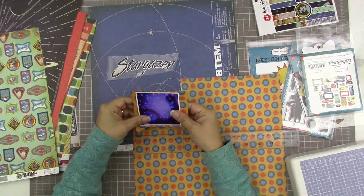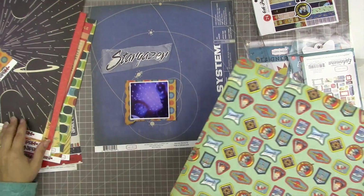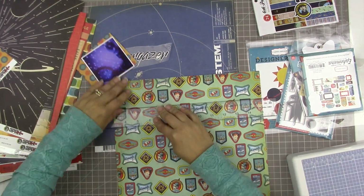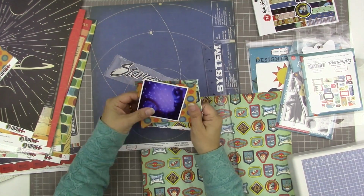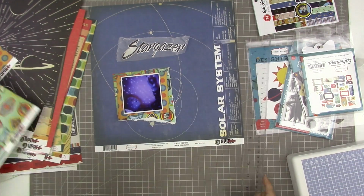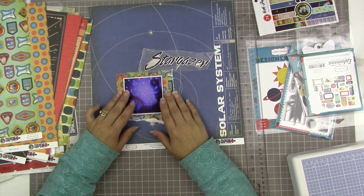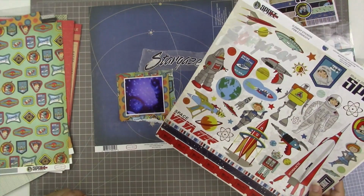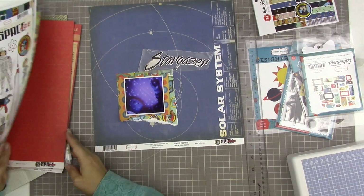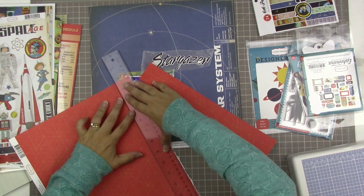I'm just using my ruler so that I can tear it, and a little chunk of it tore a little bit wrong there at the edge, but I really like it like that, and I'm going to make this one do a similar thing by basically ripping it off to an angle so that the torn piece looks much less straight than my usual torn edges look. And I really like the added dimension that gives down the torn edge of the paper down the side. So again, I'm keeping in mind what kind of emblems I have to work with,